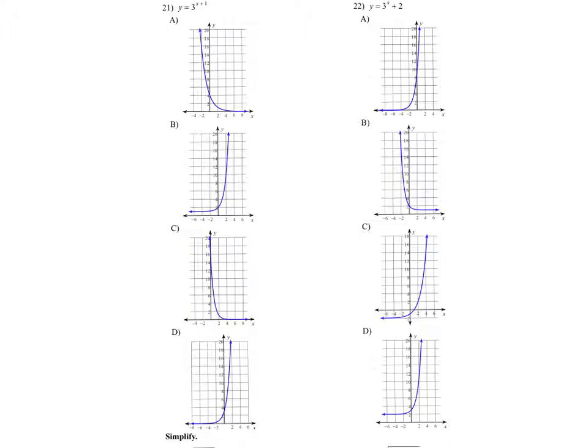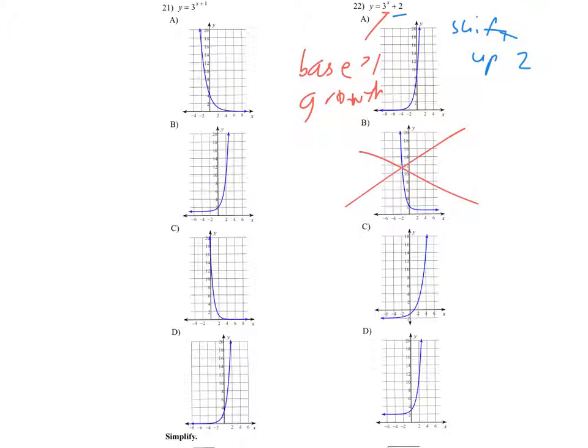All right, next up I got some multiple choice here, so I'm just going to use my knowledge of exponents. So I know, first of all, that when the base is greater than 1, that's always going to be growth, and it's going to be increasing. So I know it's not b, and that's it. And then this plus 2 out back I know is shift up 2, which means the asymptote where it flattens out should be y equals 2. So I see this asymptote on option A is at 0, and so that's not it. This asymptote on C is at -2, so that's not it either. But on D, you could see it flattens